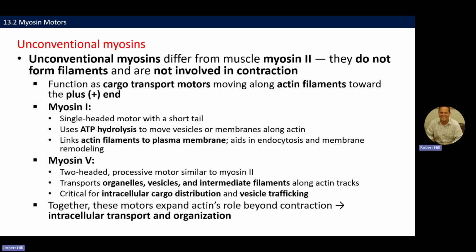Myosin 5, on the other hand, is a little different. It's got two heads, and it's got this long coiled-coil structure. So we haven't really talked much about coiled coils. They're a relatively uncommon protein secondary structure. The secondary structures that are most ubiquitous within the cell are certainly the alpha helix and the beta sheet, but we see these coiled-coil structures in these motor proteins. Anyways,